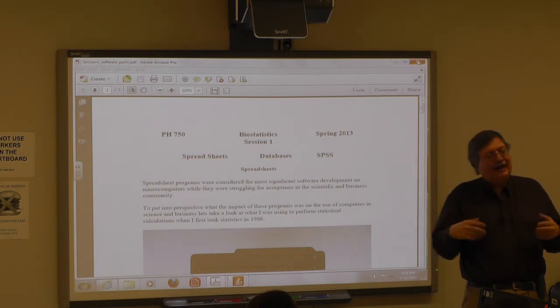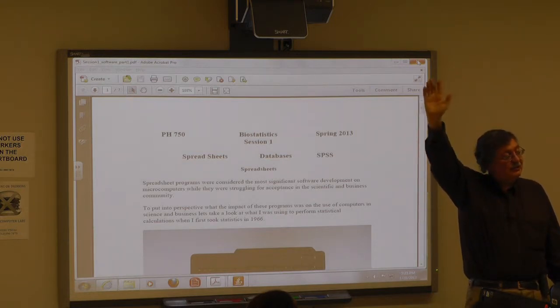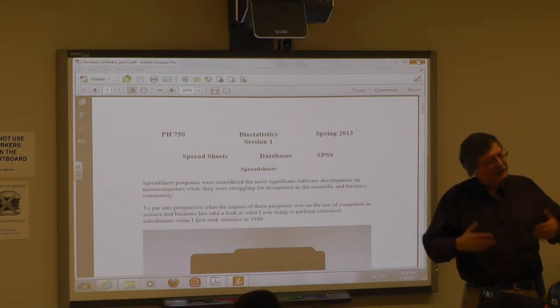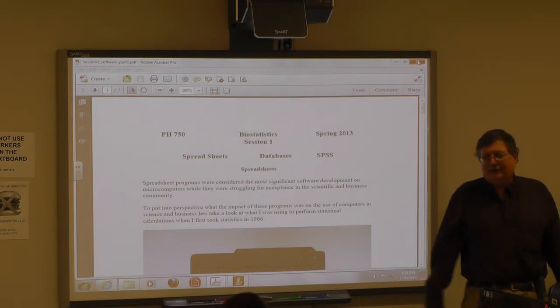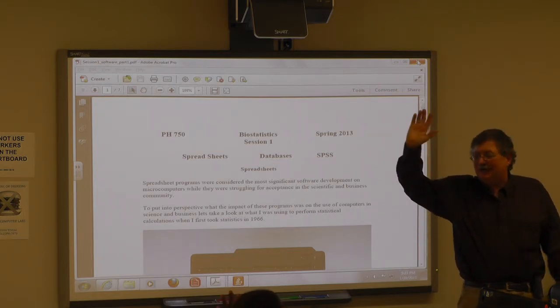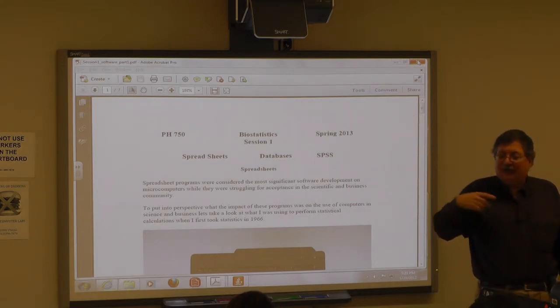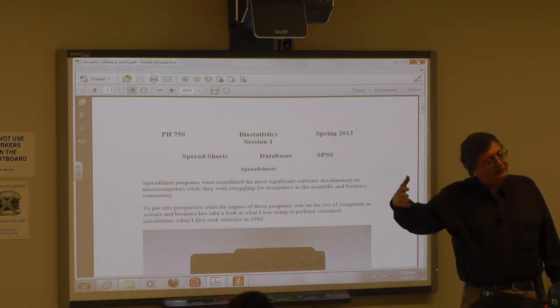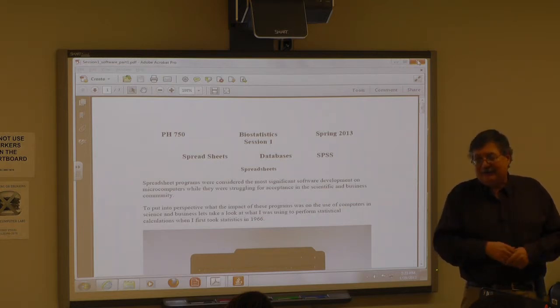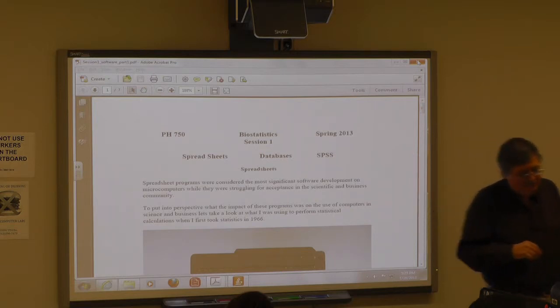Okay, know what we're going to do? How many of you have Excel or have access to Excel? Okay, pretty much everybody, right? Because you get that Microsoft Office package for Word and stuff like that, so you wind up getting it without really wanting it. How many of you really haven't used it very much? Okay, we're going to learn how to use Excel. I get a lot of feedback from instructors further up the line that they really want these guys to know Excel, because when they get to our class, we want them to do calculations. We don't want them to fall behind. So we're going to make sure that you're up to date in Excel as well. Okay, so let's get to software.